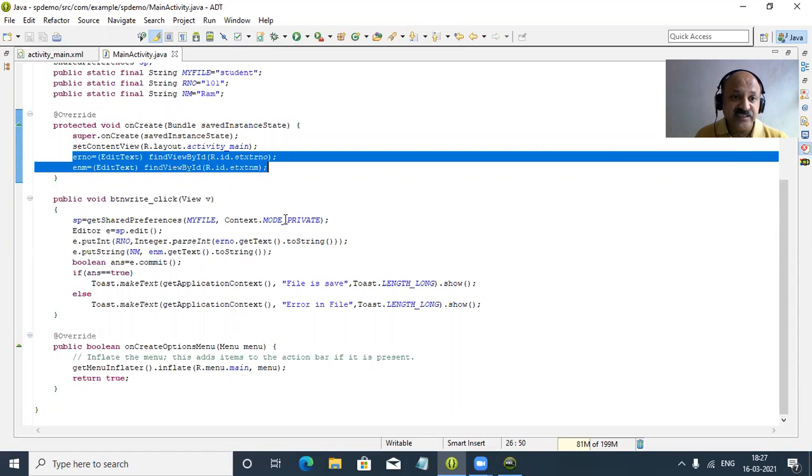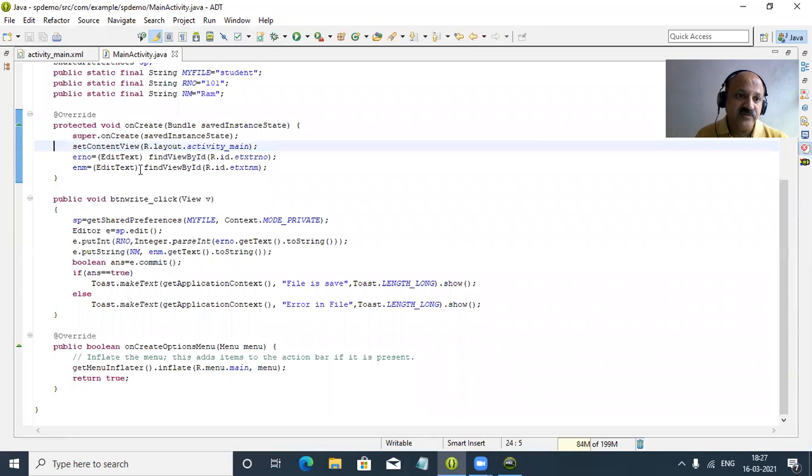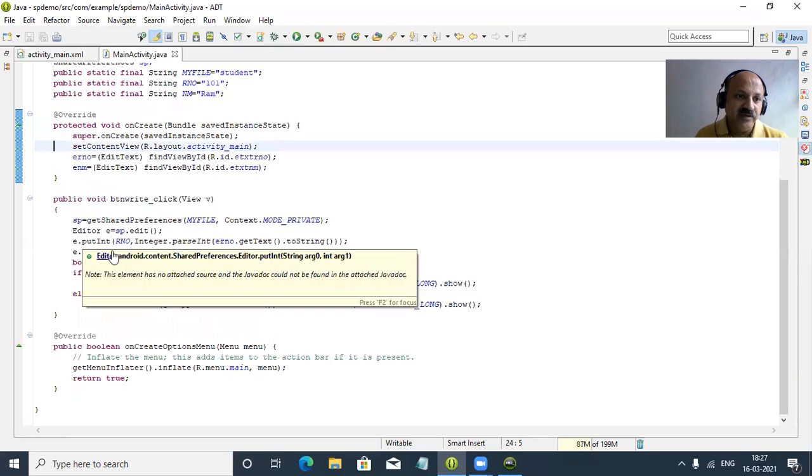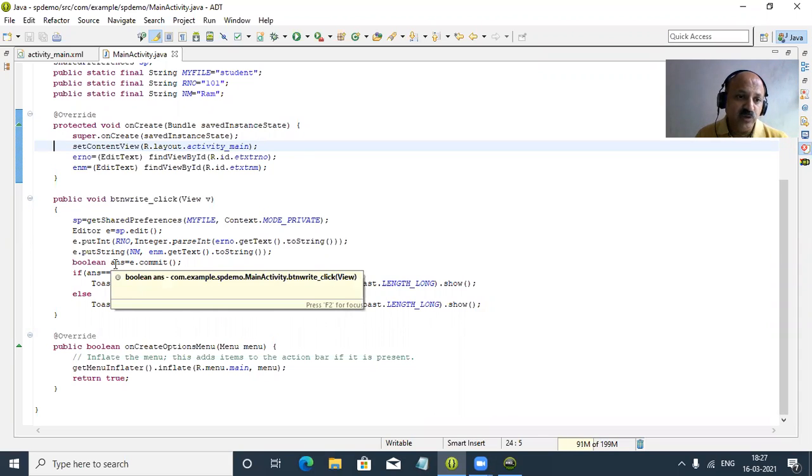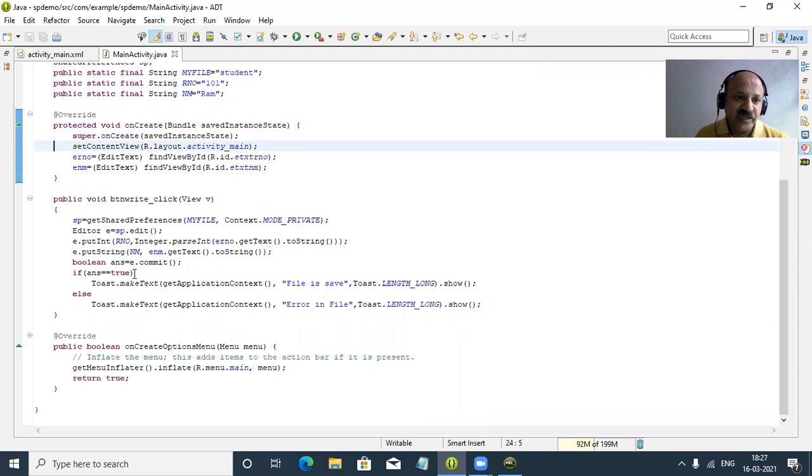In the Context class there are 6 modes, and we can provide the sp, that is a SharedPreferences reference variable. And then sp.edit, Editor class, and e.put, all put integer, float, string, boolean, so that all primitive data, first is key and then the appropriate value. So here integer, so we can type Integer.parseInt wrapper class, and here there is no need because that is a getText, and here putString, so both are matched. And commit, and that commit method returns boolean, so if true, our file is saved, and if it returns false, then there is an error in the file.